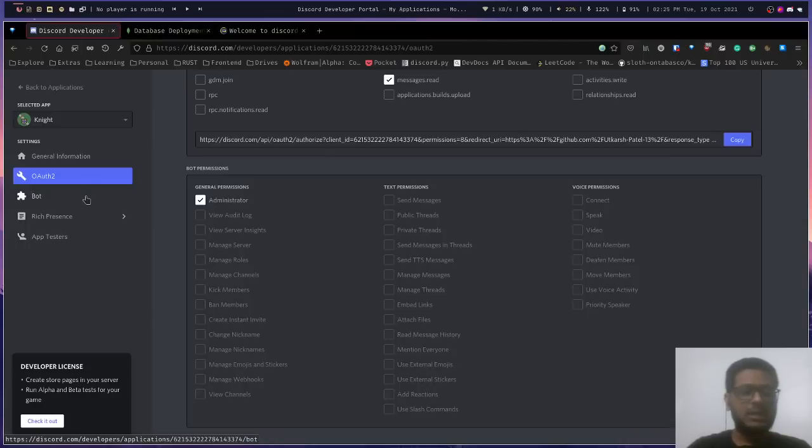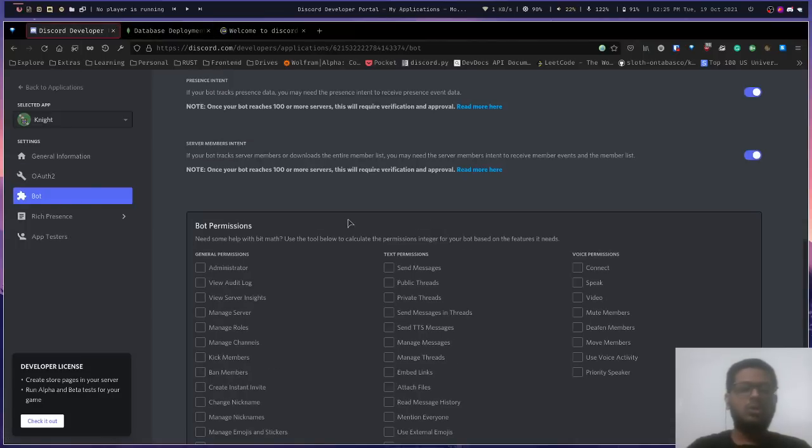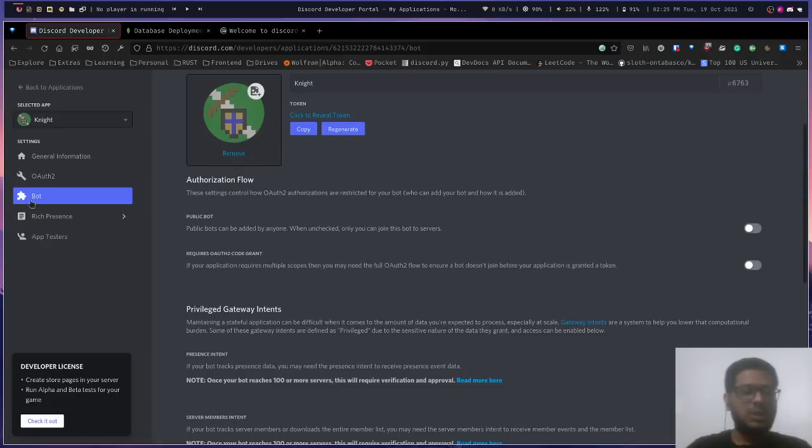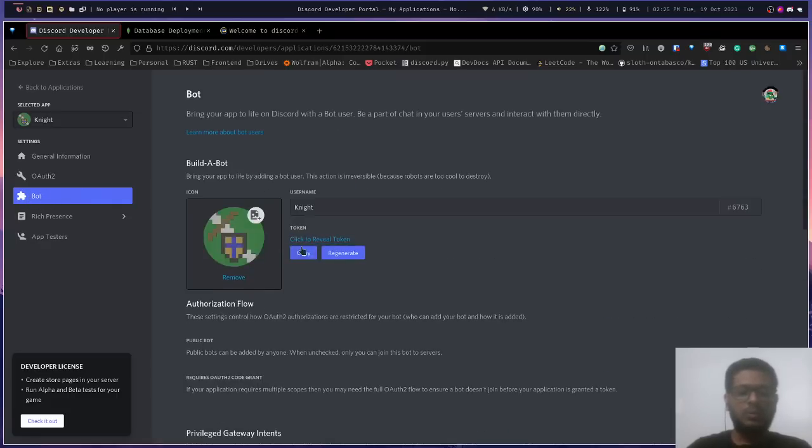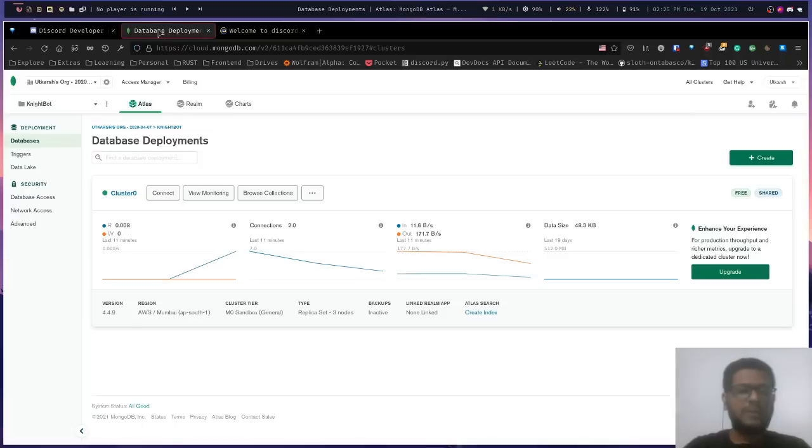Next we will need the bot token to run our code, which can be found under the bot section. Here is the bot token. We can click copy to get the bot token. Next, I have used MongoDB as my database, so we will need to create a cluster for that too.